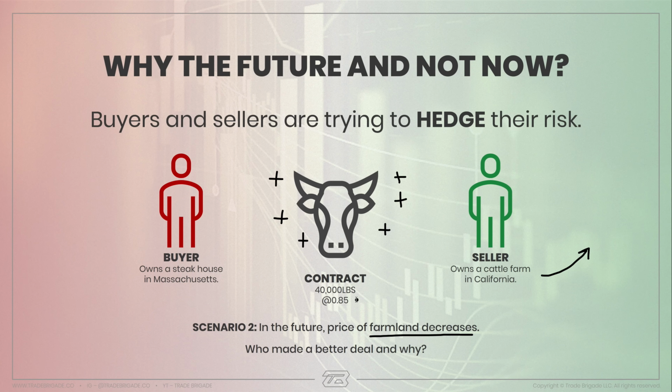So let's say now that from 85 cents where this price was locked in, prices are trading around 50 cents per pound of beef. So the seller has locked in that 85 cent price, and the buyer has also locked in the 85 cent price, and the buyer is technically paying 35 more cents per pound of beef than the current market value, which is now 50 cents per pound. The seller is making out great because they've hedged their risk by entering into this contract and securing that 85 cents per pound. So that's how the futures market was designed to work,